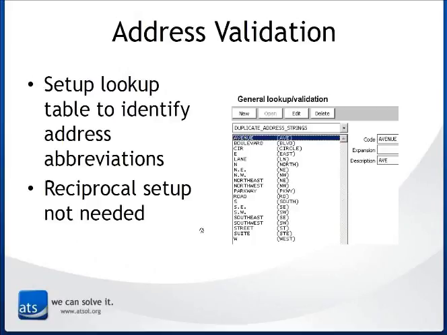We also have, as far as duplicate checks, and to give your duplicate checking a more robust feel, a couple of other general lookup validation tables that you can create. The first one is the duplicate address strings validation table, and what you would do is add in the different types of addresses